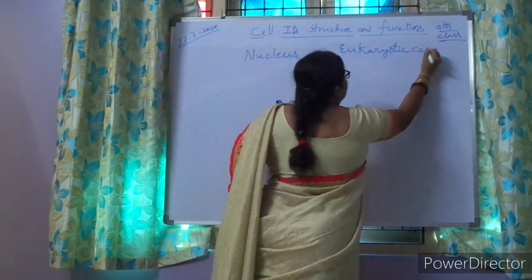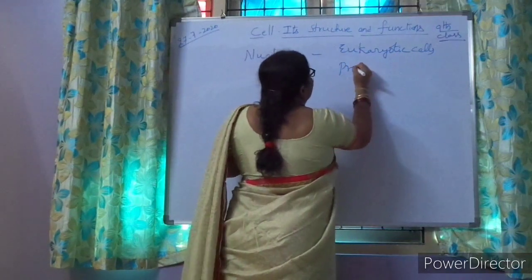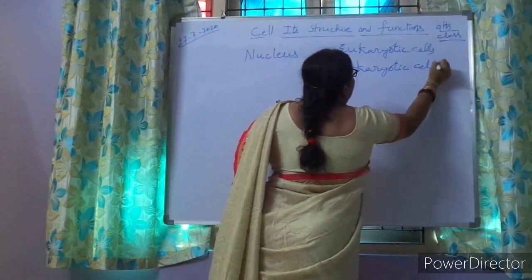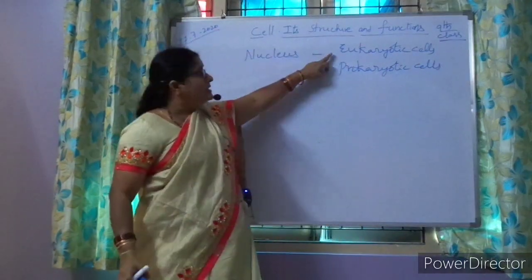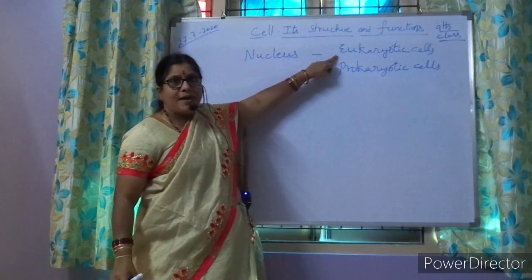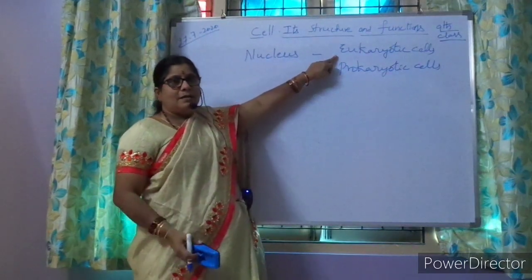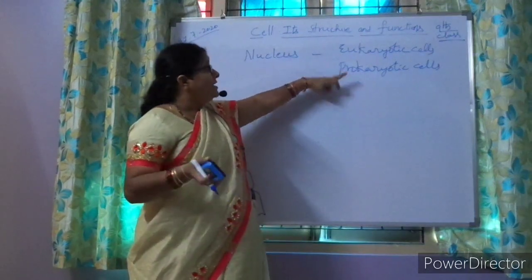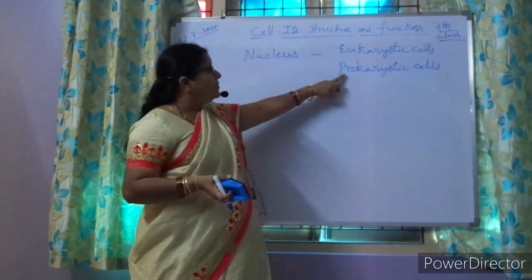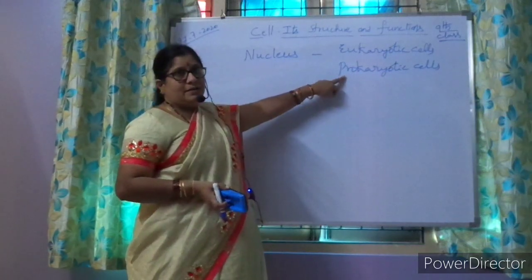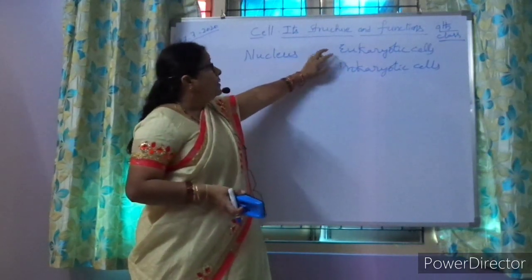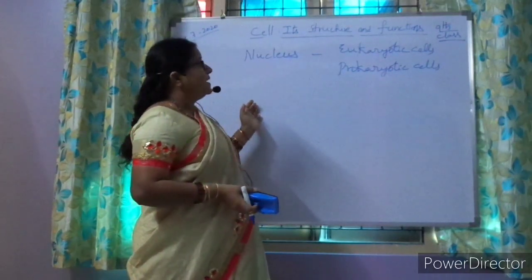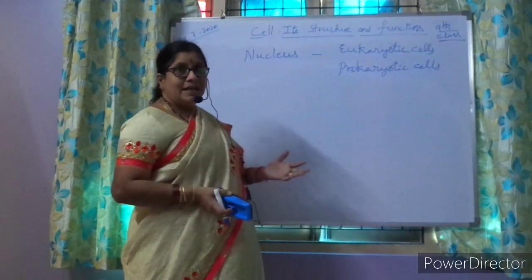Eukaryotic cells and prokaryotic cells. If a nucleus is present in cells, then those cells are called eukaryotic cells. For example, a nerve cell or a blood cell, and you have learned that in RBC there is no nucleus, so it will come under prokaryotic for a certain period. Okay. So then we have different types of cells. A liver cell is there, or any other plant cell is there. Amoeba is there. Paramecium is there. They contain a nucleus.